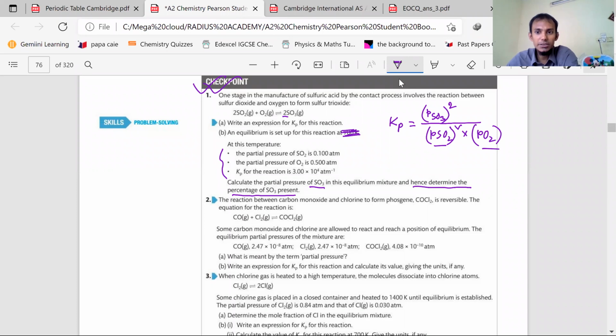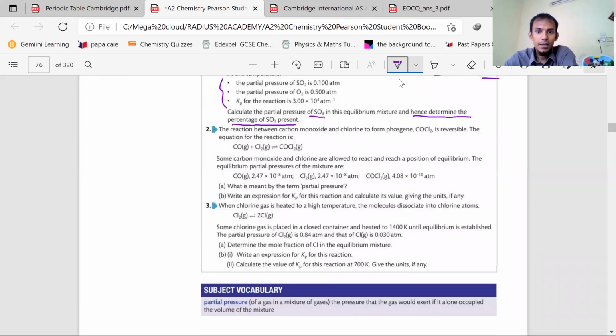So আগে তুমি পার্শিয়াল প্রেসার বের করবে এখান থেকে, সো পার্শিয়াল প্রেসার যদি বের হয় তাহলে তুমি মোল ফ্র্যাকশন পাবে। সো মোল ফ্র্যাকশন মানে ইউ নো দা মোল ফ্র্যাকশন, so 2 plus 1 plus 2, 3 and 2, 5 moles, so এখান থেকে ইউ ক্যান ইজিলি ফাইন্ড ইট আউট। তুমি আগে পার্শিয়াল প্রেসার অফ সালফার ট্রাইঅক্সাইড বের করো। পার্শিয়াল প্রেসার মানেই হচ্ছে টোটাল প্রেসার ইনটু মোল ফ্র্যাকশন, তো ওইভাবে বের করে ফেলতে পারবে, জাস্ট পার্শিয়াল প্রেসার বের করো এরপর। না পারলে আমি বাকিটা দেখাবো ইনশাআল্লাহ। নাম্বার 2, নাম্বার 3 সিমিলার থিংস, ইউ নিড টু ডু, সো এগুলো শেষ করো।